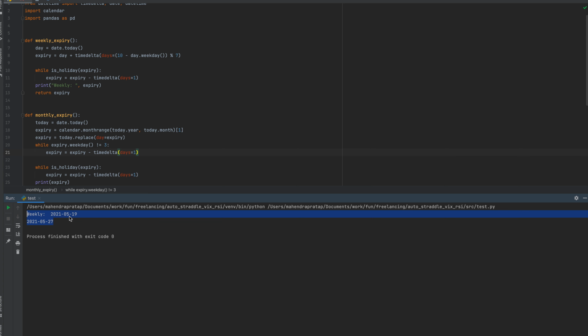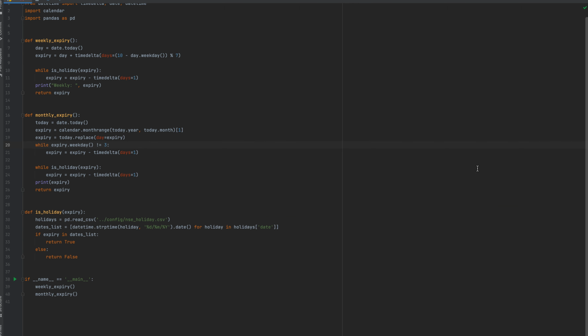So it was giving me 19th of May, that is today's date, as the weekly expiry, and 27th of May as the monthly expiry. As I changed the holiday in the holiday list, it should give 20. Yeah, 20th. So this is how we can calculate our weekly and monthly expiries in Python.